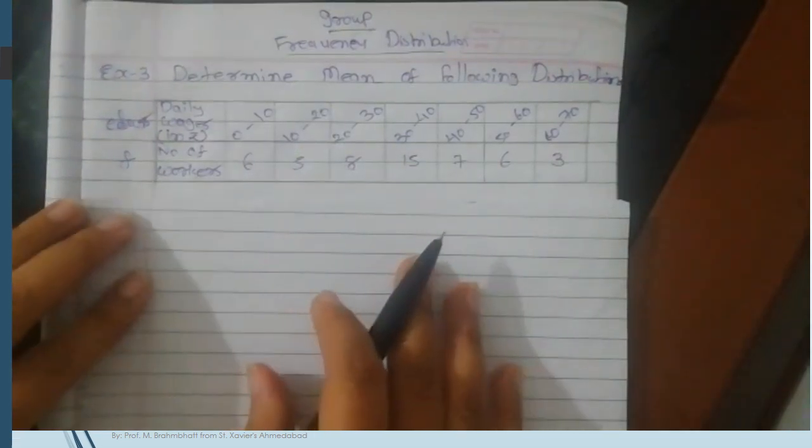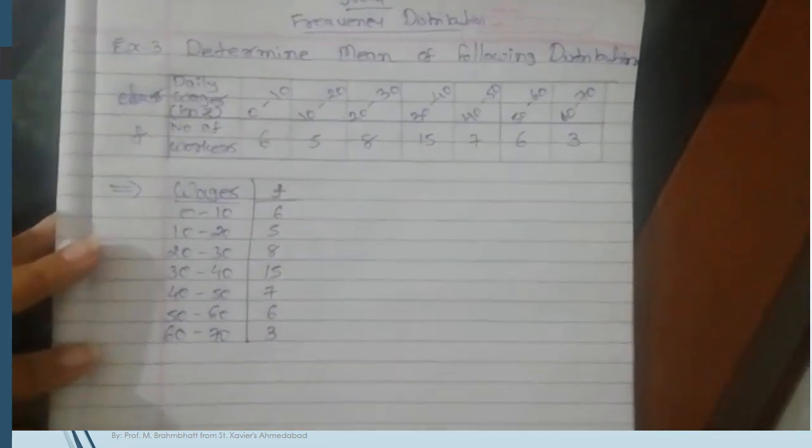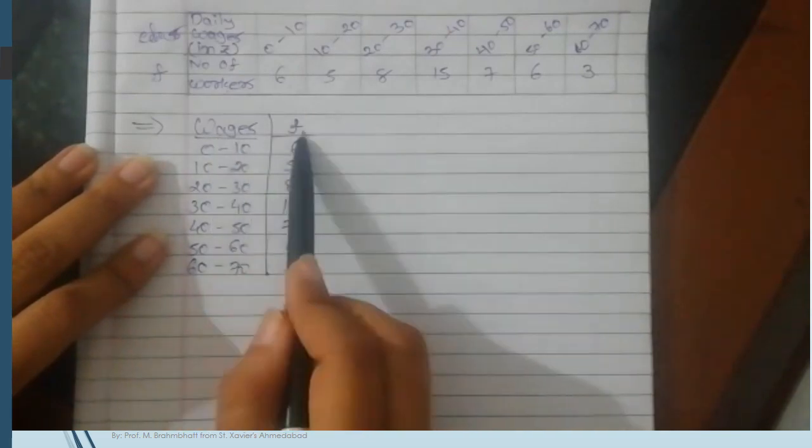Okay, so let's see how to solve this. Again, you have to prepare the table. I have already prepared 2 columns which are given in the question, the wages and their frequency, and the same values I have written here. After writing the values available in the question, you have to select the formula. This is a clear case of the group frequency distribution, so the formula you have to follow is the arithmetic mean for the group frequency distribution.